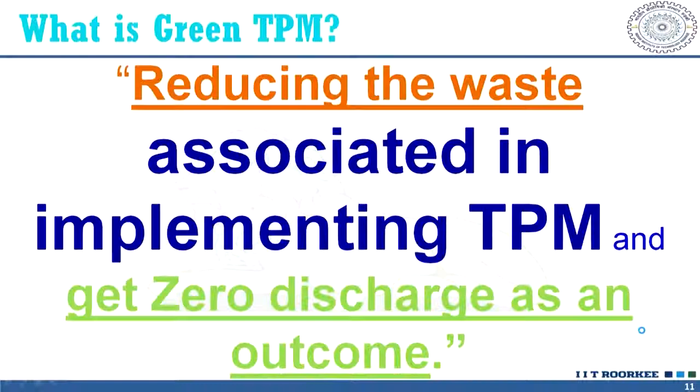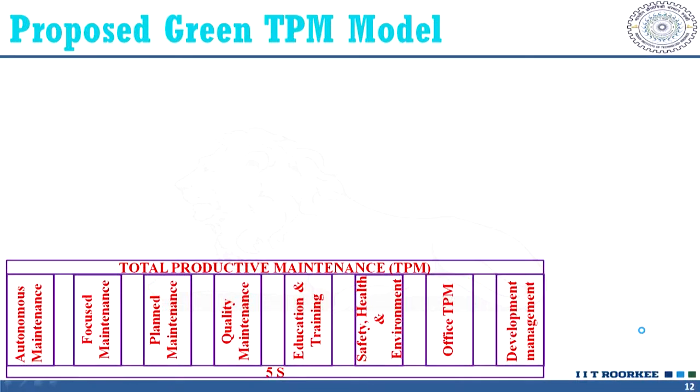So, now I am going to propose a model. Initially, the proposed model was like you have 5S as a foundation and you are implementing these 7 or 8 pillars: automation, autonomous maintenance, focused maintenance, plant maintenance, quality maintenance, then education and training, safety, health and environment, office TPM and development management. But what I am proposing, if a company is already implementing TPM in their organization, is these